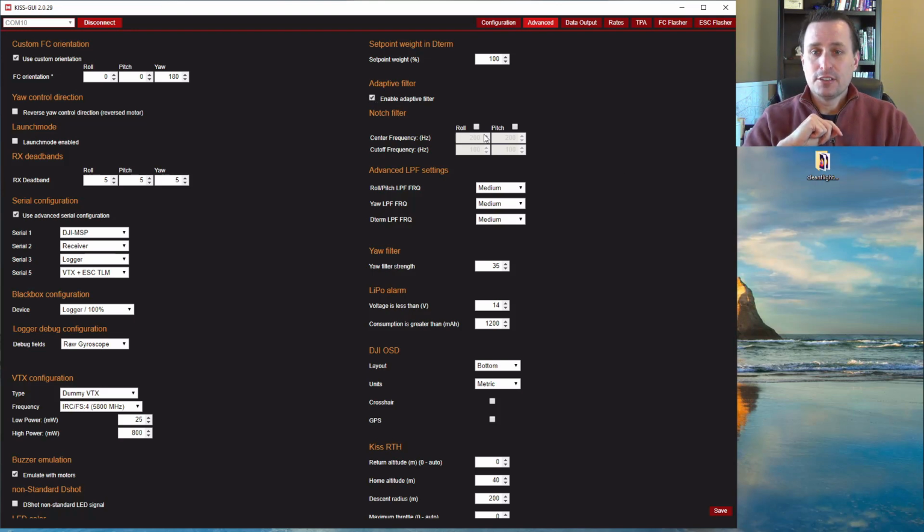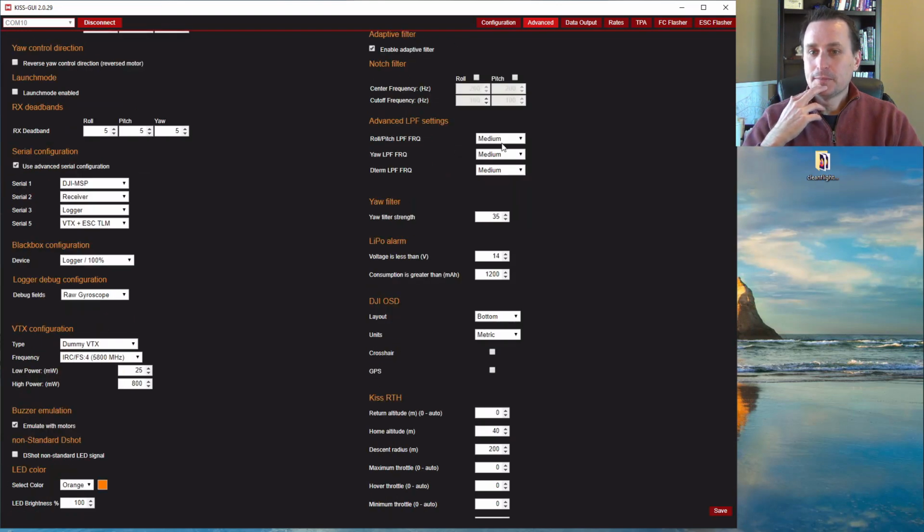These are the standard static notch filters. So again, if you have a specific issue, you could use these to target it. But again, you'd need to know what the center frequencies are of this peak noise that you need to deal with. You would need logging to do that, and the logging is kind of a little off. So I can't imagine anybody's checking these on or using these just because you'd have to have a logger. First of all, you'd have to get hooked up, and then the logging's buggy, and you can't really tell what's what. Here down the drop down, you can kind of customize your roll pitch, low pass filter, yaw, and